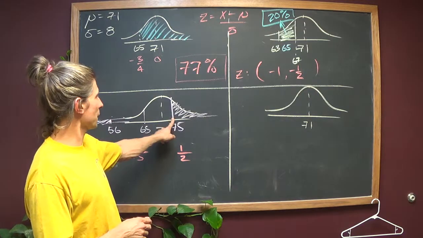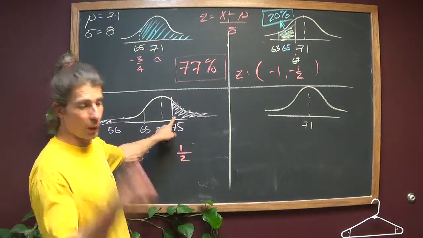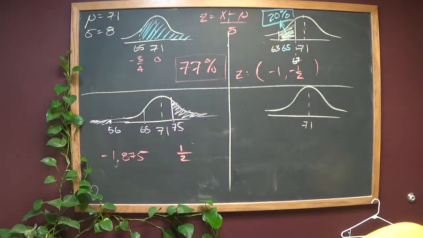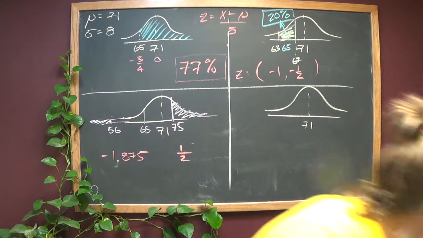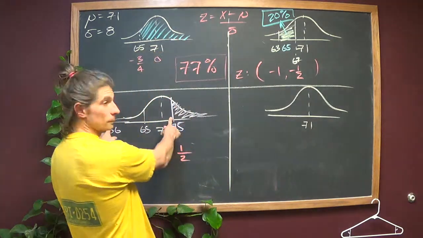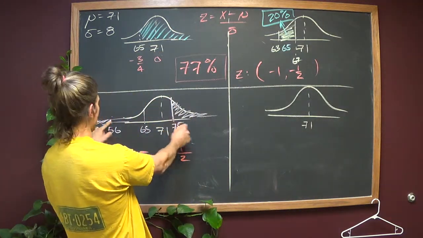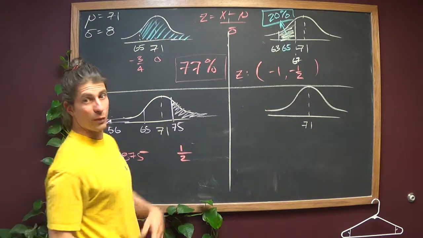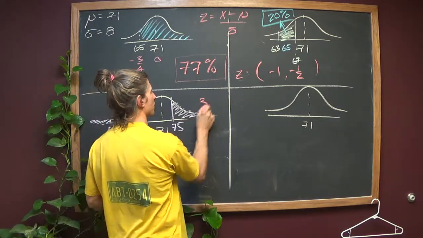Now, what I can do is use the normal to find the area between this one and this one, and then just subtract it from 1, which allows me to do that very quickly. I ran the wrong numbers before. It's the probability between -1.875 and positive 0.5, and that's going to end up being 66% here. So this area is 66%. That means these two areas have to be the other 33. So you've got about a 33% chance